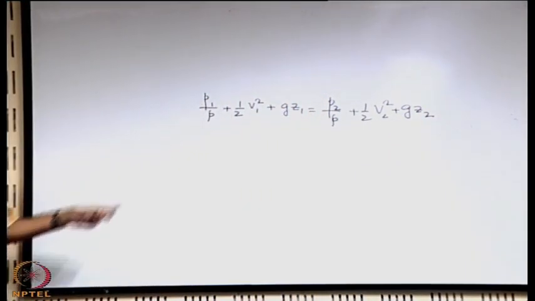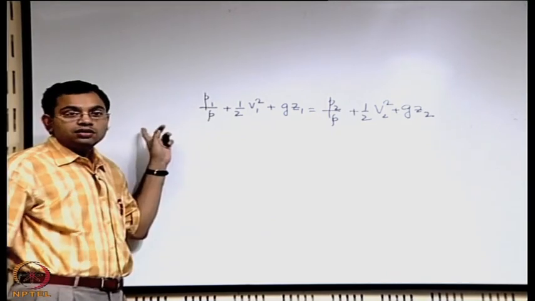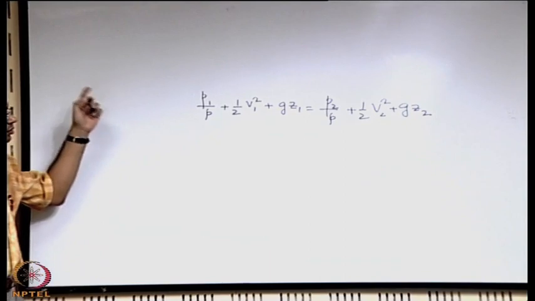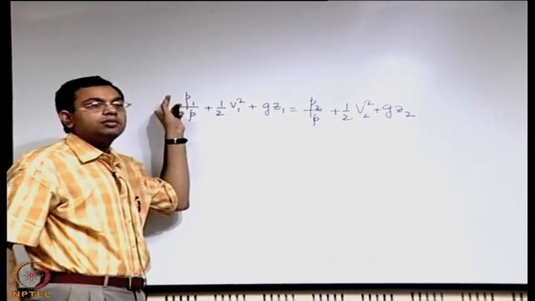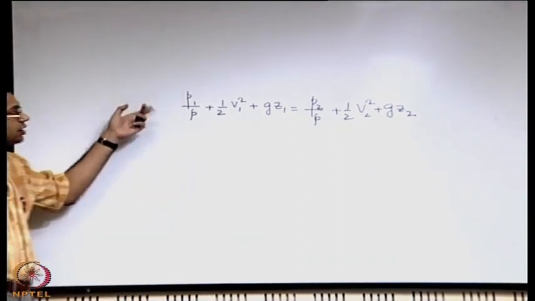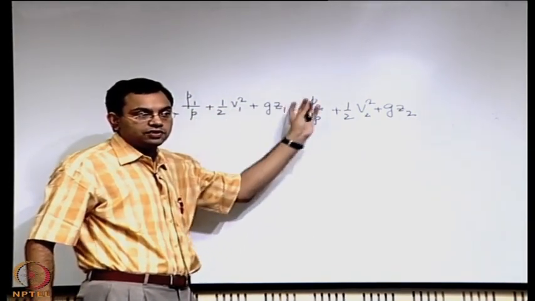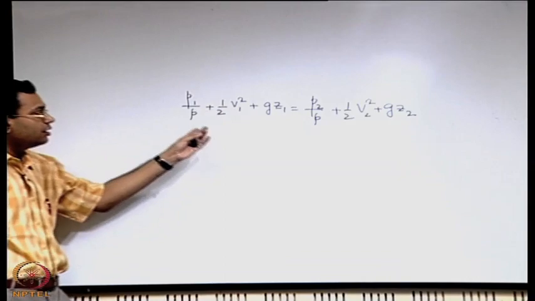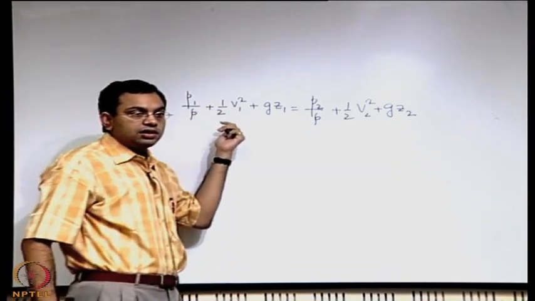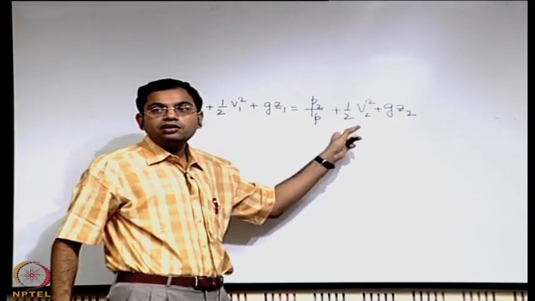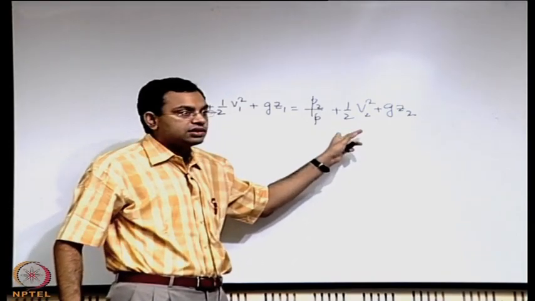What are the assumptions under which this was derived? Inviscid flow is the most important one, I should say. Then this version is for steady flow. We will see what is the version for unsteady flow subsequently. Density is constant, and we derived it along a streamline where it requires no other restriction, but if you want